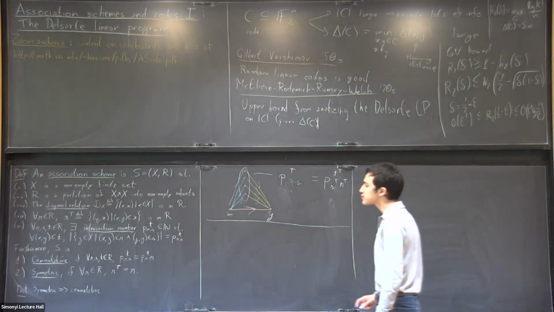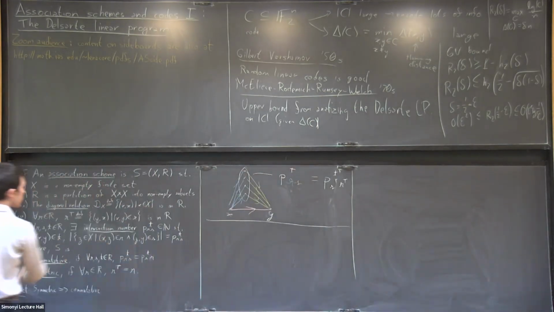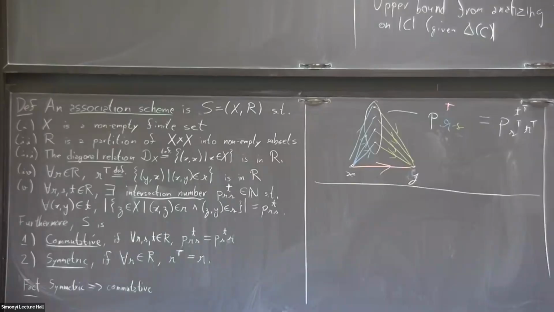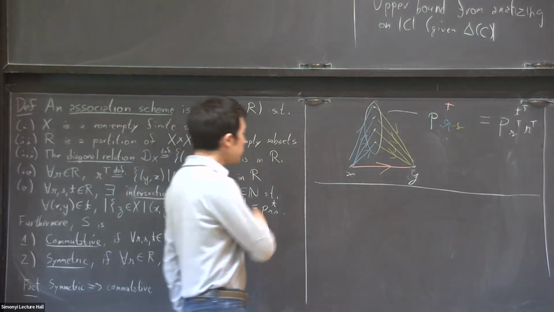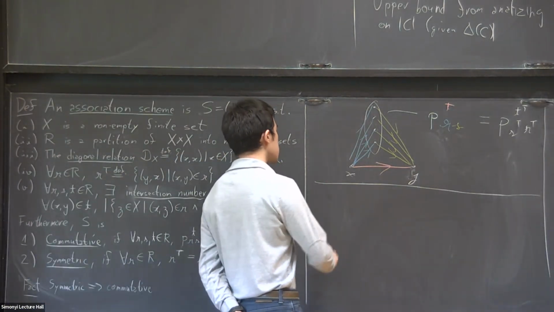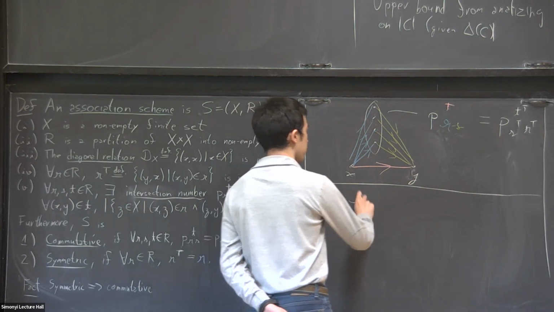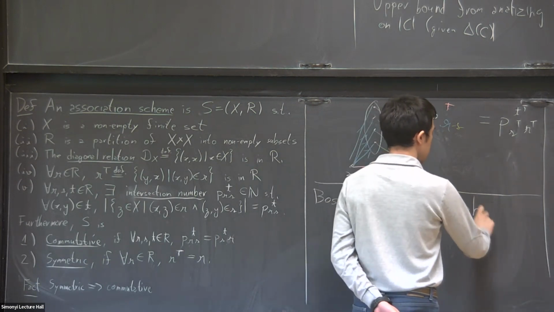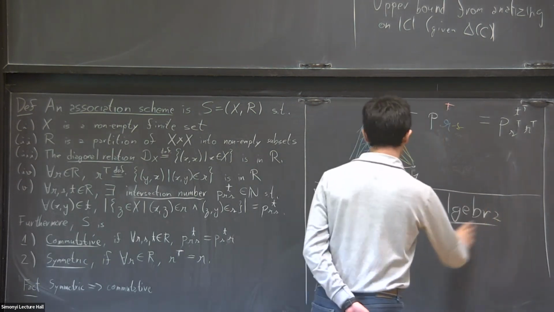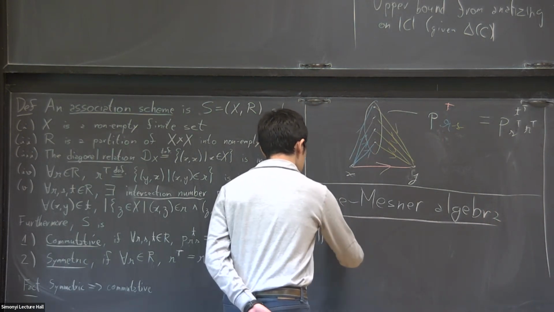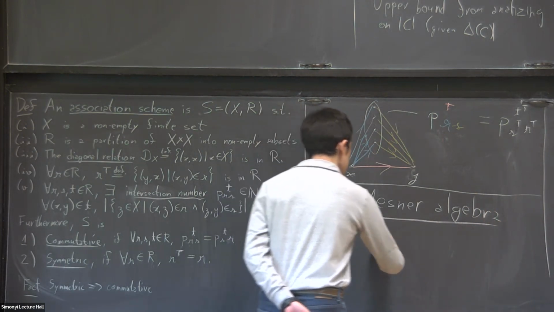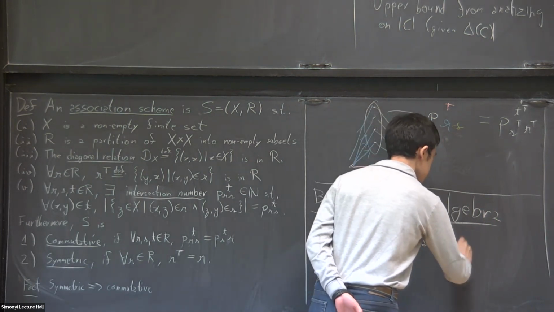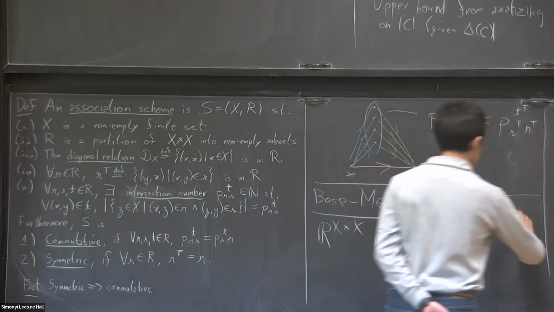Right. So this is sort of the combinatorial view of an association scheme, but we'll also be interested in an algebraic view of an association scheme. So every time you have an association scheme, you get what is called the Bose-Mesner algebra of it. So this is the matrix algebra, the R^(X cross X) matrix algebra. Perhaps I should give it a name, AS,